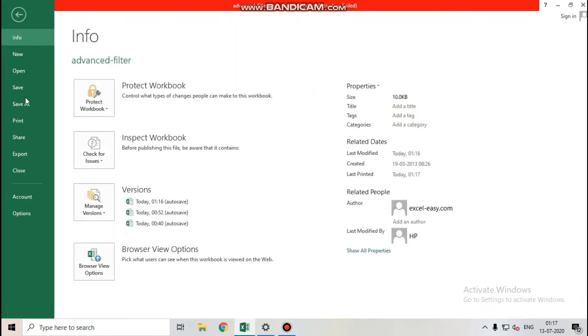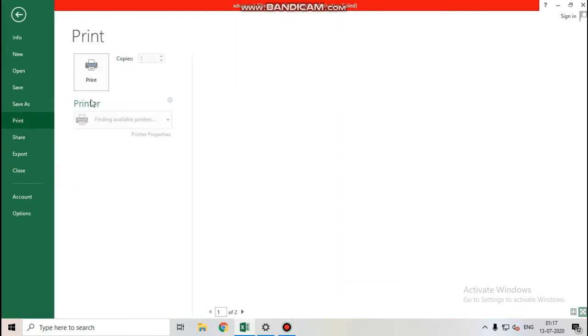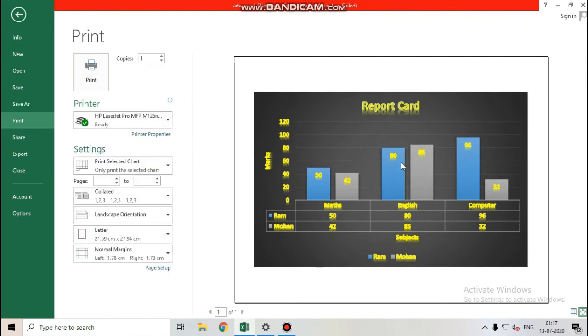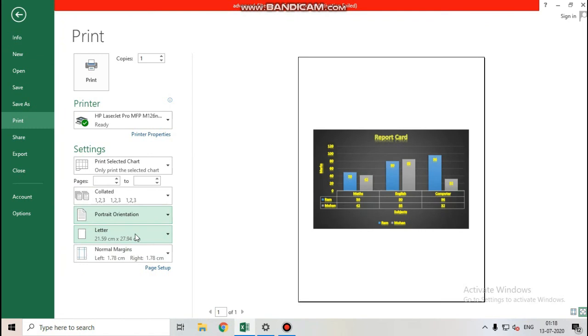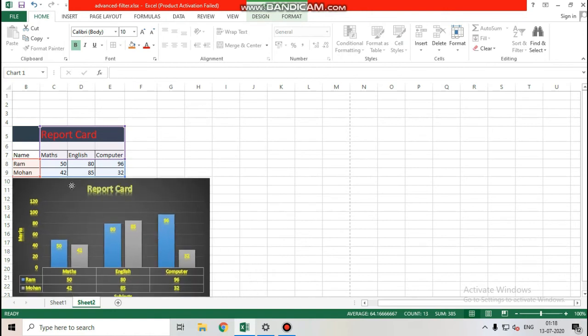Now File, Print, and you will get like this. If you take orientation, you will get your table like this. Okay, still you are getting the table, you are not getting the whole thing. So just do this.